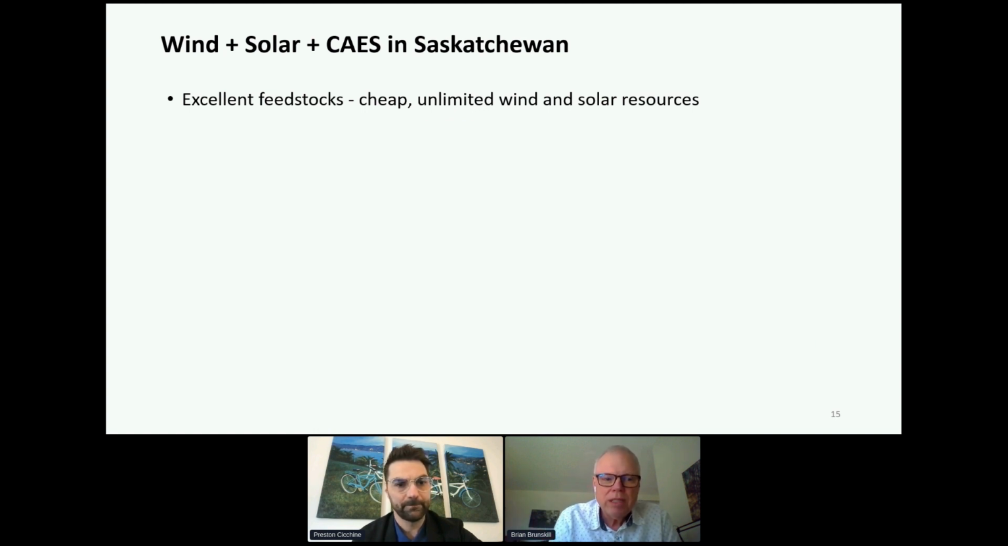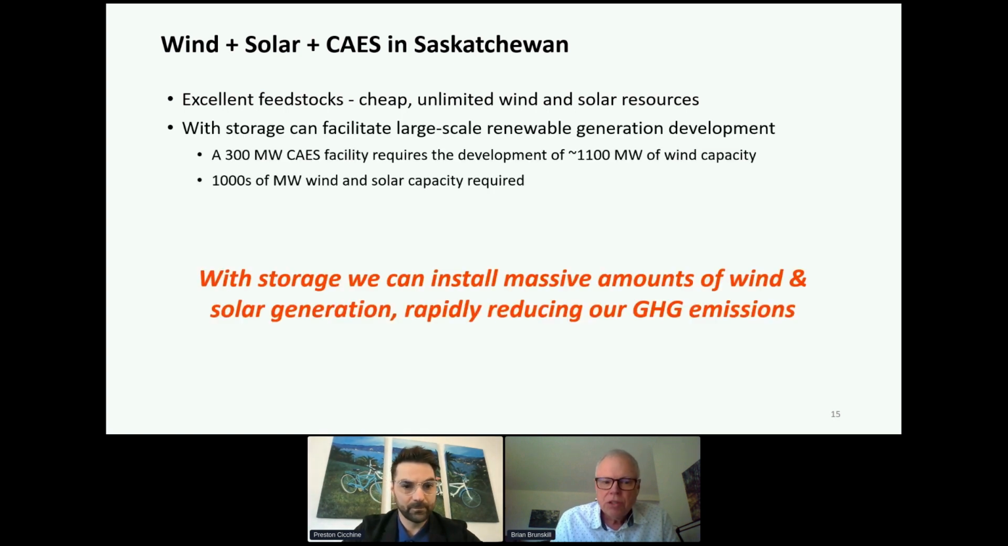So if we consider wind and solar and CAES as a storage facility in Saskatchewan, we have excellent feedstocks. We have cheap, unlimited wind and solar resources. With storage, we can facilitate large-scale renewable generation development now as well. Of course, one of the reasons we haven't developed our renewable resources to the extent that we could is in